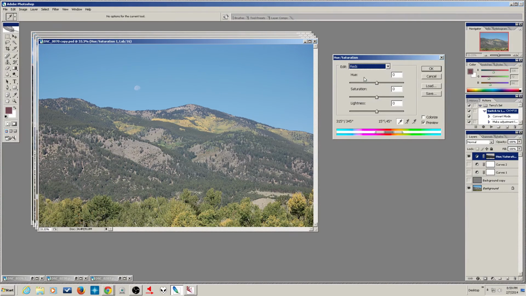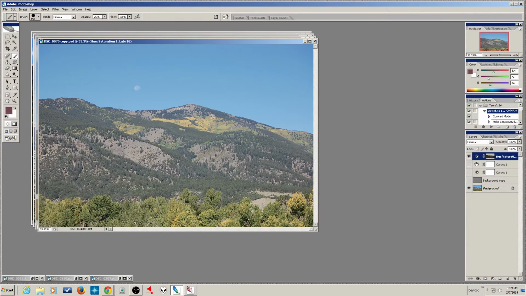And I also, let's see, I forget which. Yes, here's what I did: I pulled back the saturation of the yellows and of the cyans. I actually used the hue saturation as a desaturation tool. And I even shifted the hue just slightly of my yellows because I wasn't happy with the way the yellows were coming across. So very subtle change. I can barely see it, but I know why I did it, because when I did the A and B control, it made the yellow content in these trees just way too flashy,